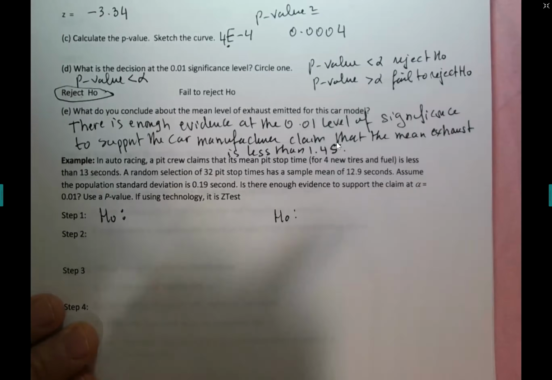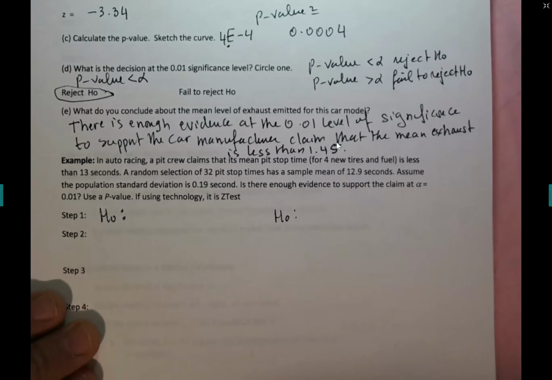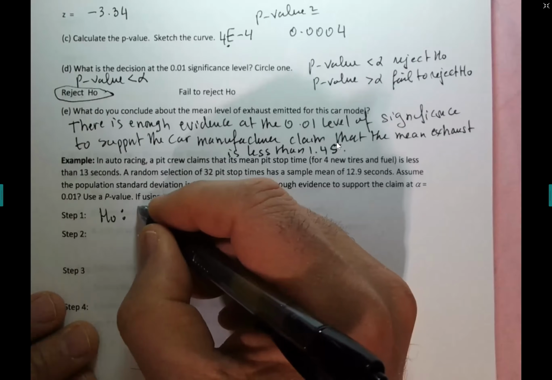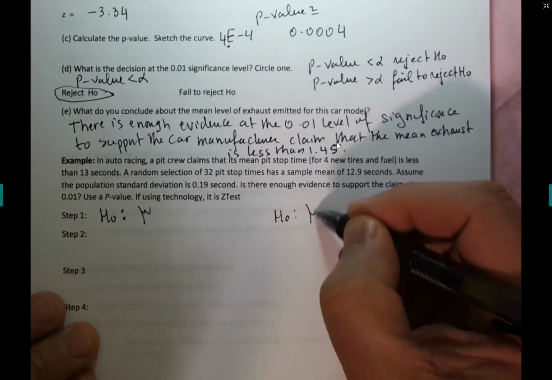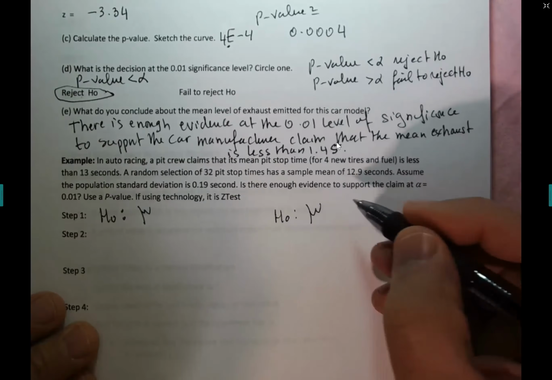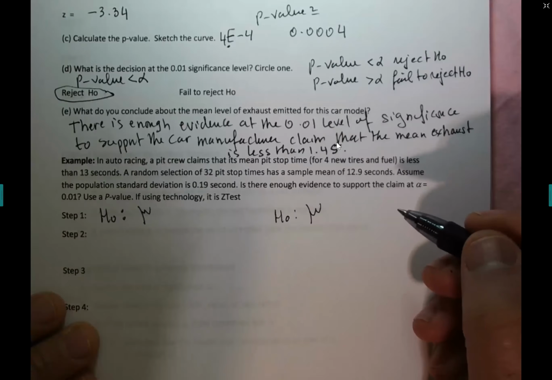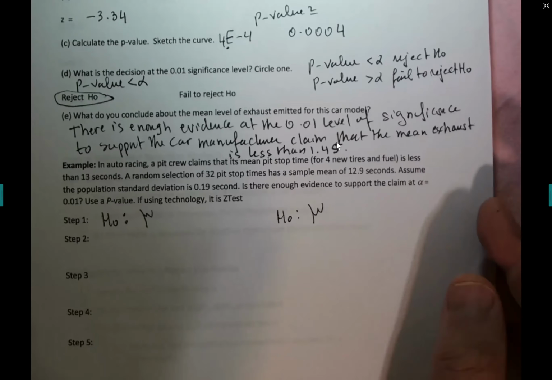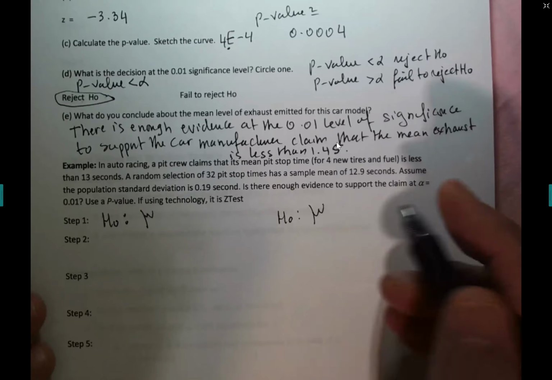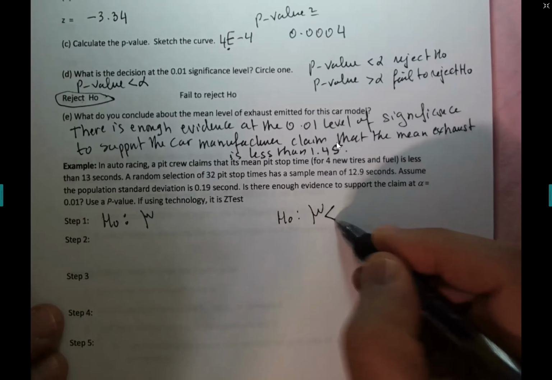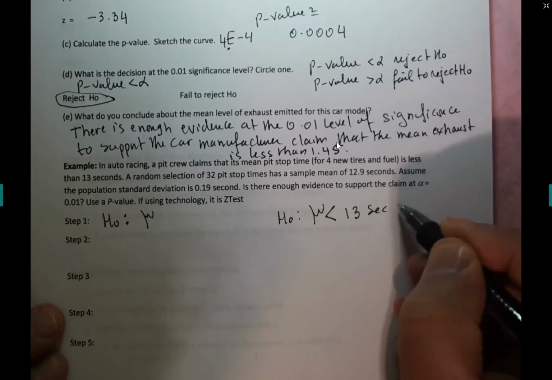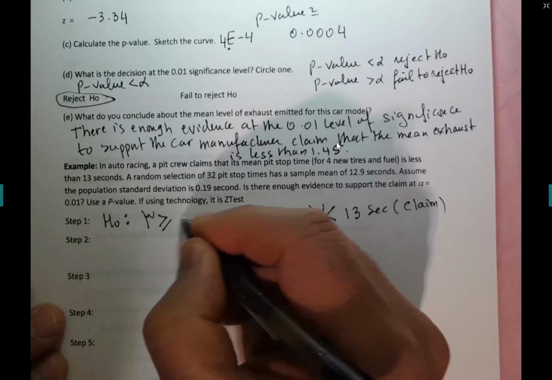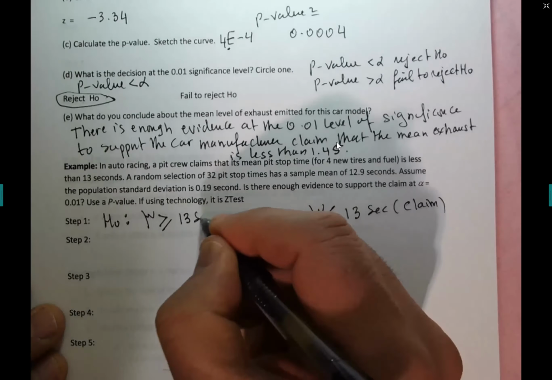Who will do that for us? So the sigma would be, you mean the mean? Sorry, yeah, the mean. Wouldn't it be 0.19? No, isn't the null meaning that they are less than, yeah. I'm sorry, the alternative is less than 13 seconds? Exactly. Yeah, that's the claim. And the mean, and this one will be greater than 13 seconds.